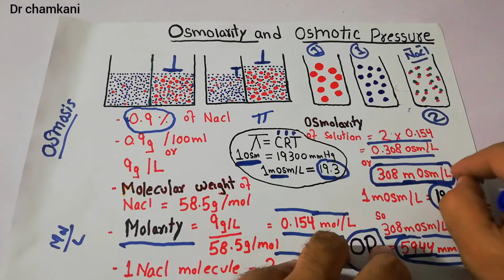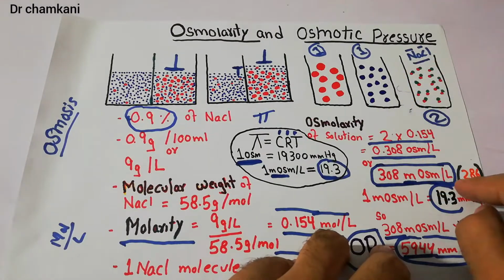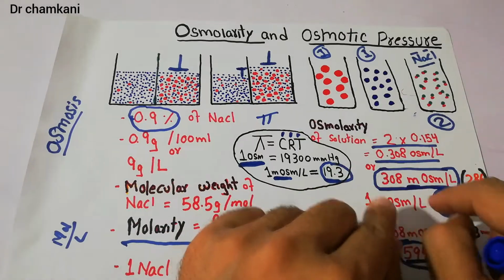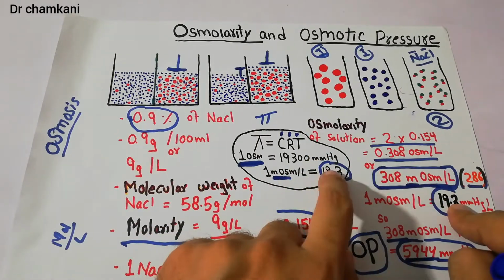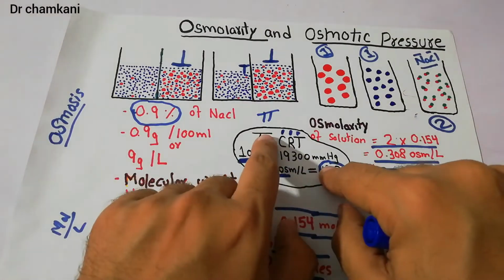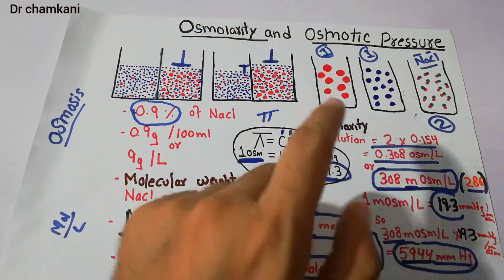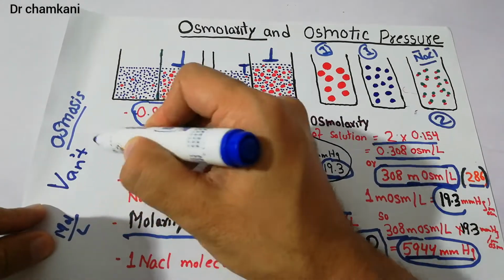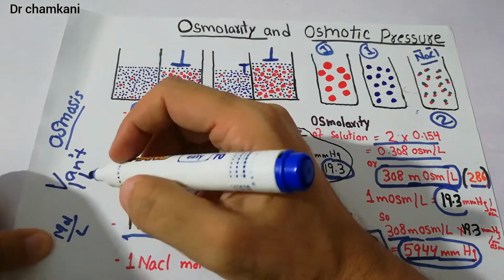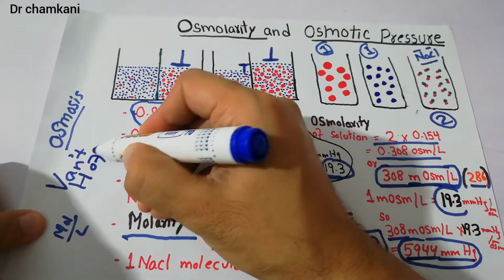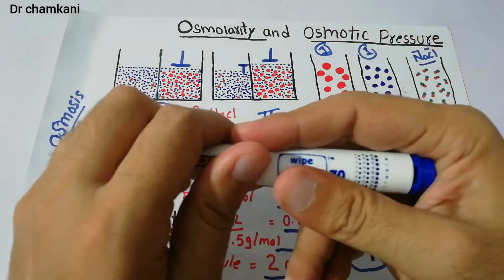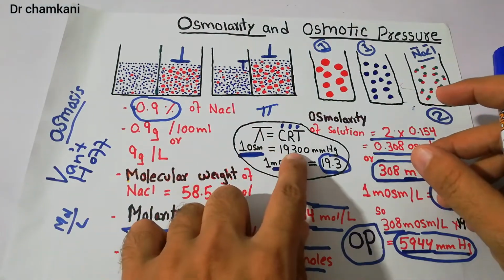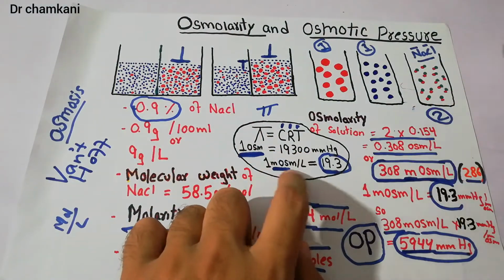If we adjust for the interaction between the different particles and apply the osmotic coefficient, it will be 286, but we will use this number. Now, as we know, the value for 1 milliosmole is 19.3, which we have calculated with the van't Hoff equation. With the van't Hoff equation, we know that 1 osmol is 19,300